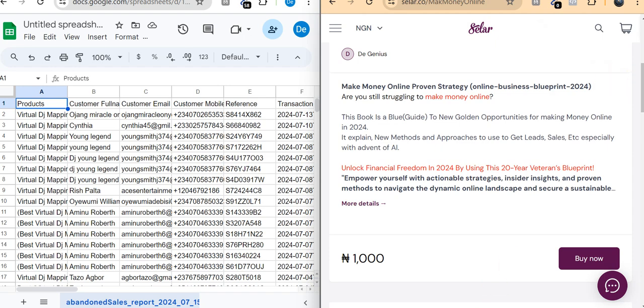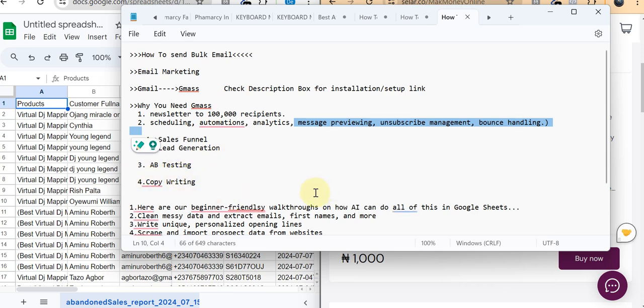And then we will now go into the details on how you can send this email. When I come down here,